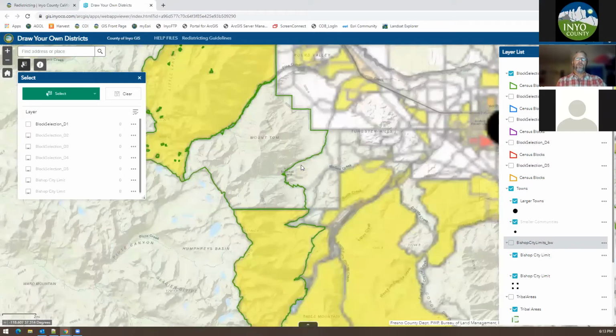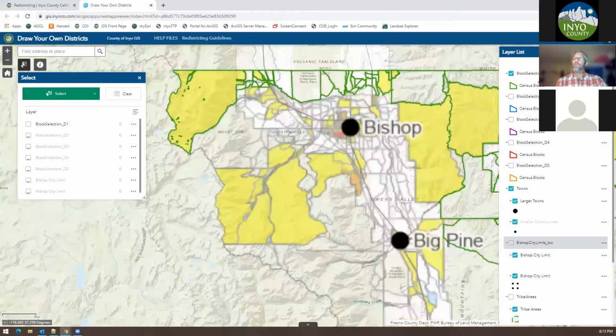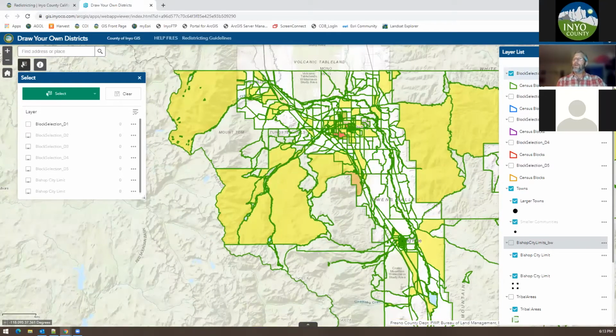So we're in the northwest corner. We have the block selection D1 turned on here. The visibility is turned on. And when we look at the select dialog on the left side, we see now that all these layers,